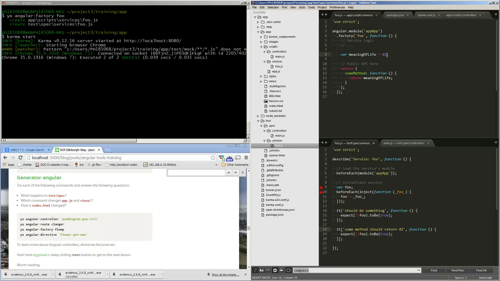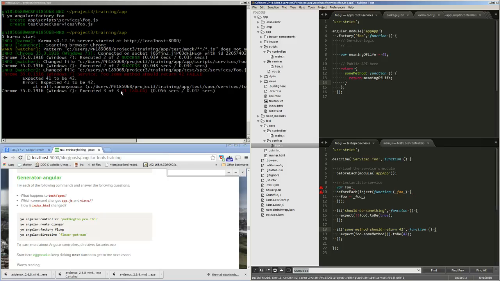We can break the test by setting meaning of life to equal 41, and expect foo dot some method to be 42. Save this and save this, and one of our tests fails because it expected 41 to be 42, so set this back to 42, and our test passes. So we've got 3 tests passing, and